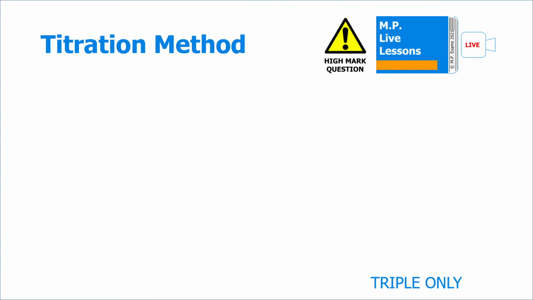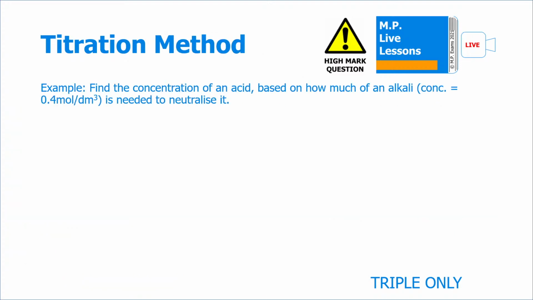Now, the titration method is this. The task is to find a concentration of an acid based on how much of an alkali is needed to neutralize it. So what we'd first do is we fill the burette with the alkali to the top using a funnel. And a bit of precaution is